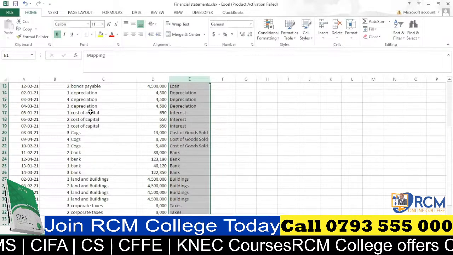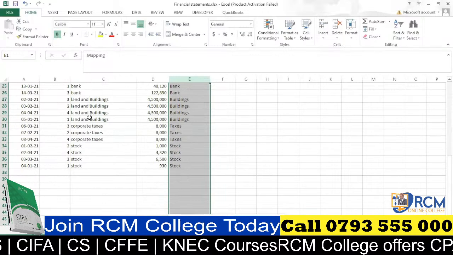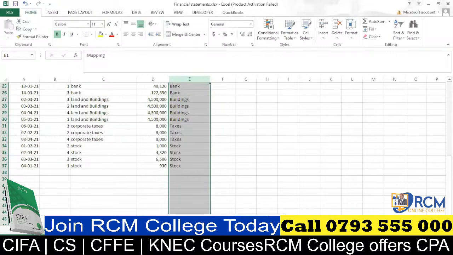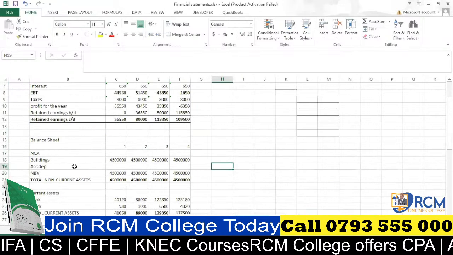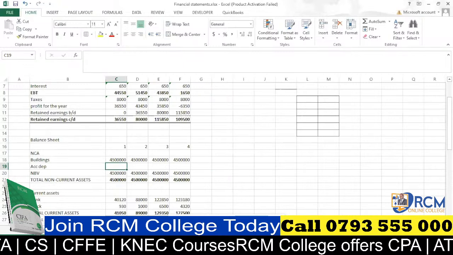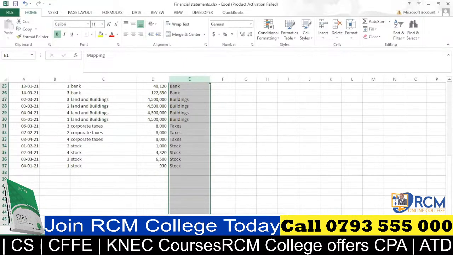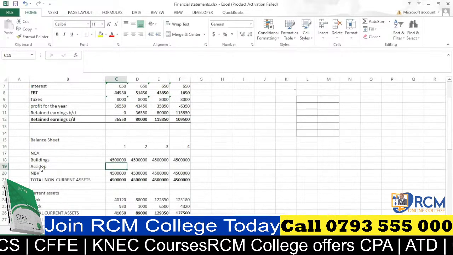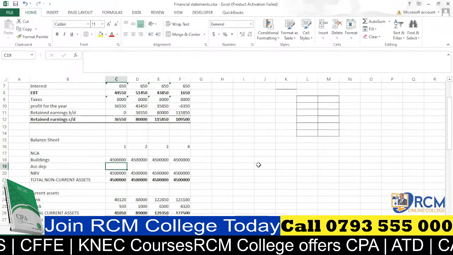There is no place that they have indicated accumulated depreciation. If they could have provided accumulated depreciation, even in the first month of operation, we have accumulated depreciation somewhere, then we could have placed it here. Remember, in this case, the first accumulated depreciation in this information for the first month could have been from the previous month of operation. So how do we get now total accumulated depreciation? If you can recall,